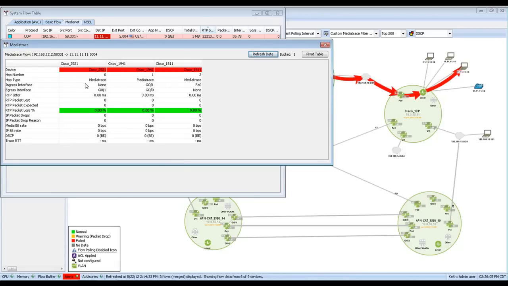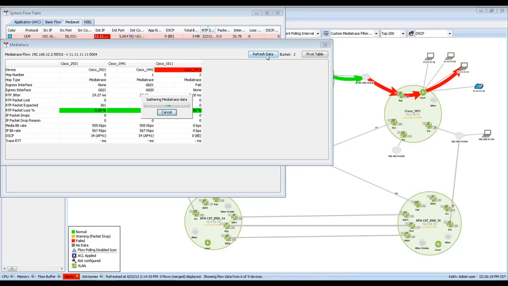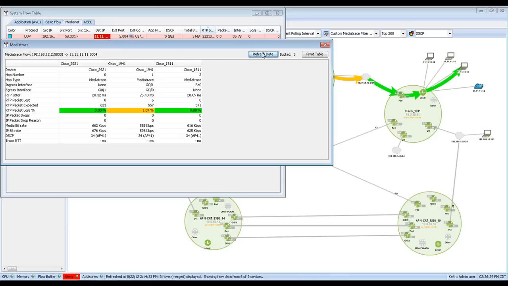Using RSVP protocol, it discovered the path of this flow up to the upper left corner of the screen, and as I refresh the data window, notice the performance metrics become live, and we can now measure performance of this actual video stream or voice call end-to-end through your network by using Mediatrace. It's supported on the latest version of iOS. Once again, I want to stress that I'm using nothing more than the equipment that's in your network today, the